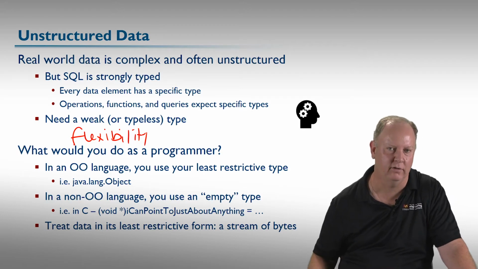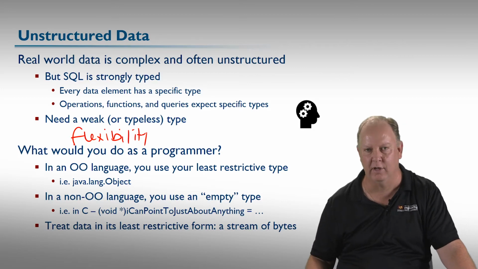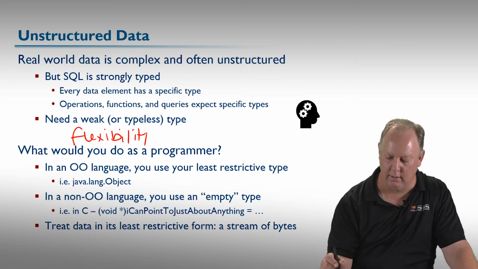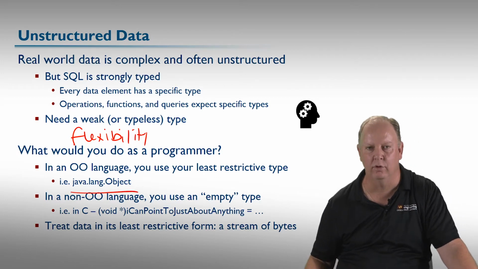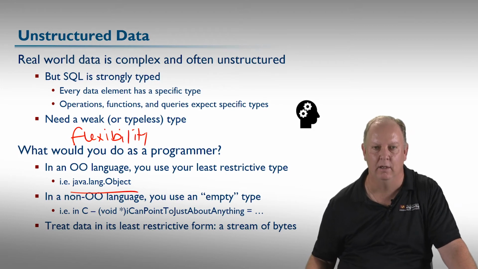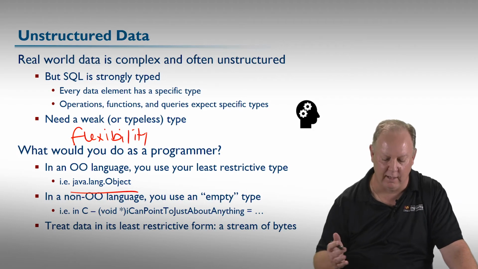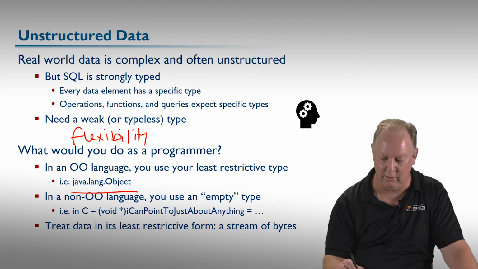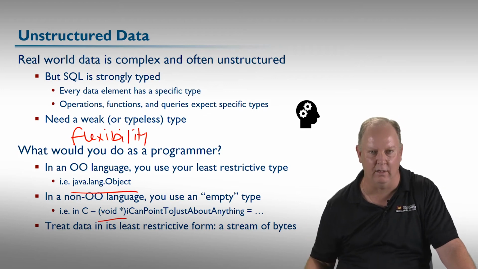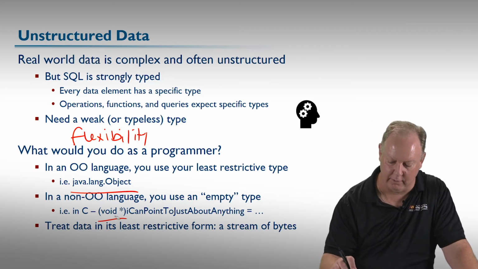Now, what if you're trying to do this as a programmer? So you're just writing an ordinary program, you could be writing it in, say, Java, right? If you're in Java and you don't know much about the type of data, you could simply treat all data as the root level object of the object-oriented hierarchy. You could cast it as an object type and worry about determining its type at runtime later. If you're in a non-object-oriented language like, say, C, you can use a void star pointer, a typeless pointer that can point to just about anything you want, in order to get around the typing constructs.